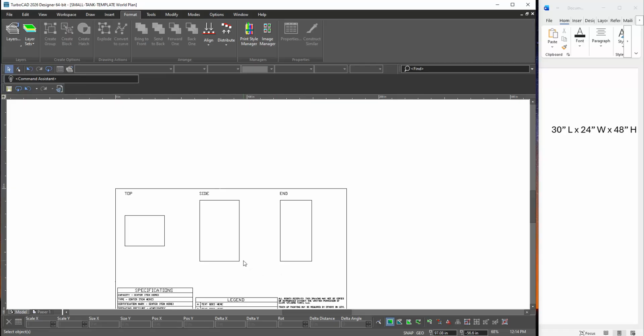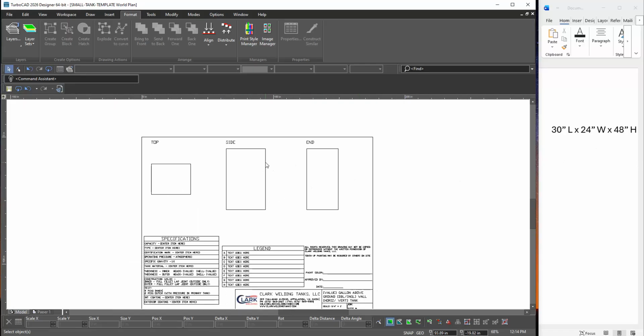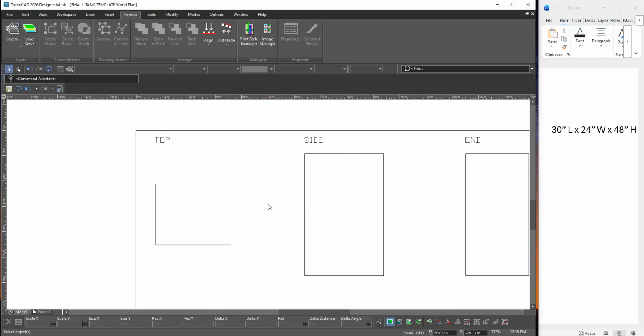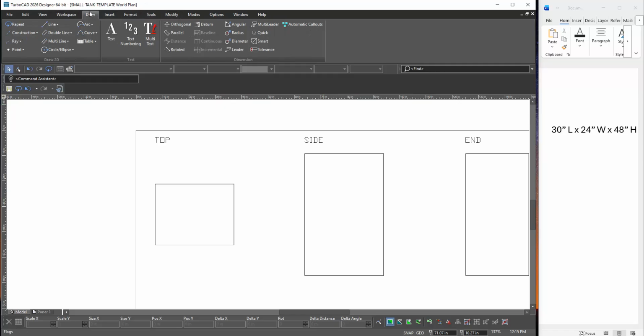Okay, so we've done the easiest part here, which is basically drawing our rectangles for the tank. Now, there's a little more to it than that, though. We've got to draw specific details about the tank. So, one of the first things that we probably want to do is label our dimensions. And so, let's see, we want to draw,